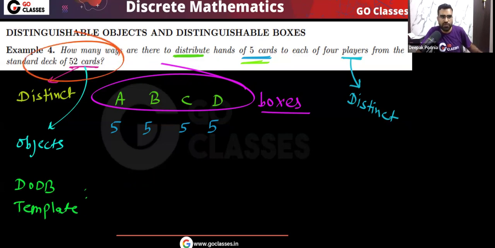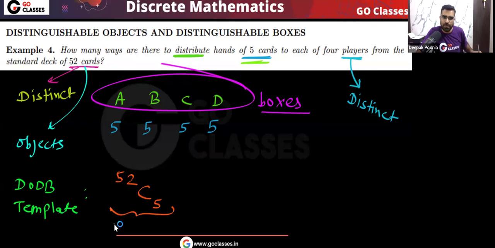Remember, there are 52 different cards. We want to give 5 cards to A. So what we will do, from the 52 cards, I will select 5 cards and I will give these cards to A. Yes or no? So these are the cards for A. Very simple, because we have 52 distinct unique cards.